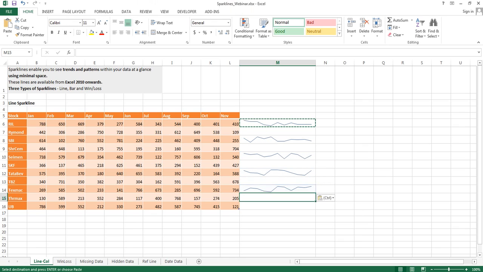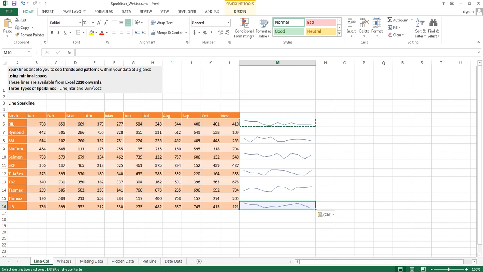Now if you notice, when I'm copying and pasting it in alternate, it's not that exactly the same spark line is getting copy pasted. It is picking the data corresponding to where it is being pasted. So whatever is the data on the left, the spark line is coming up based on that. So whenever you are copy pasting the spark line, it works exactly the way the formulas work in Excel when you copy paste them, as a relative position, as a relative reference. So when I'm copy pasting, it automatically picks the data on the left hand side.